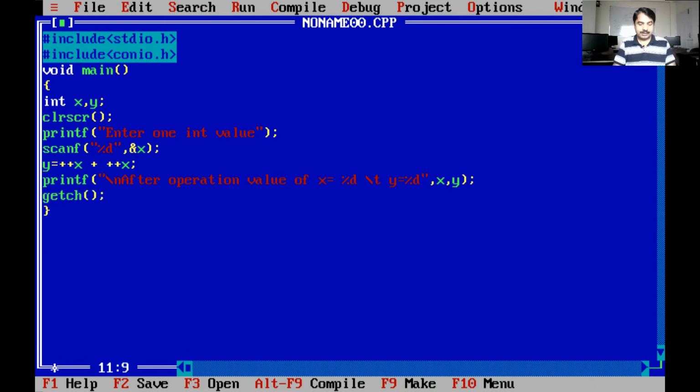We also use getch because the output will not be displayed without getch. So let's save it, compile and run it.